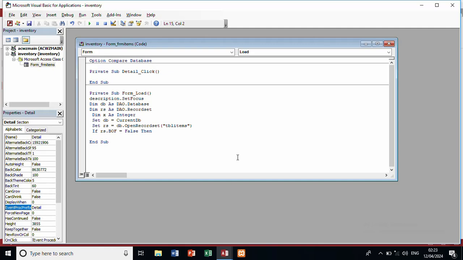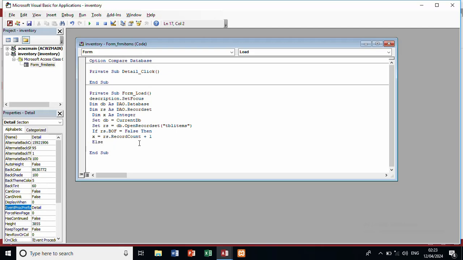So if rs, our table, dot BOF, beginning of file, is false, meaning it has some values, then our x, the one that we have declared, will be rs dot record count. So it is going to count all the records in our table, and then it is going to add 1. Then else,